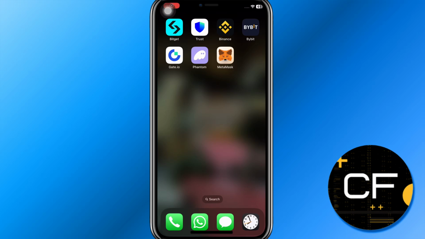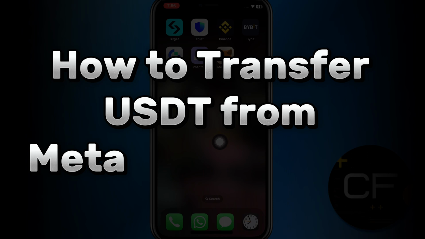Hello everyone, welcome back. In today's video, we are going to discuss how to transfer USDT from MetaMask to